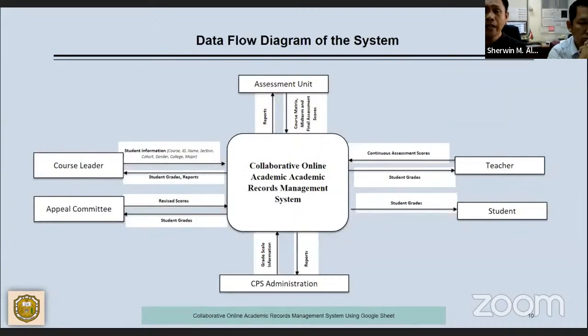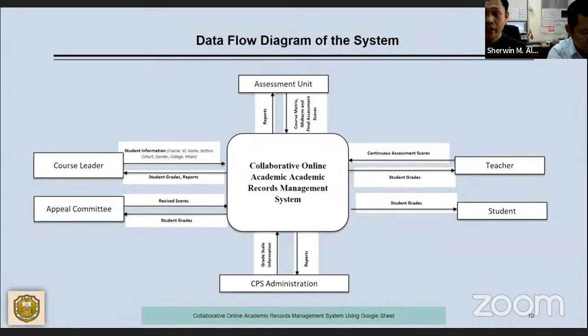So the students' information, course information, assessment scores and other relevant information will be used by the system to keep the academic records of the students. Access to the Google Sheet program has been restricted, which is the most important, the security, to end users depending on their role, because there are many end users required for the system, which includes